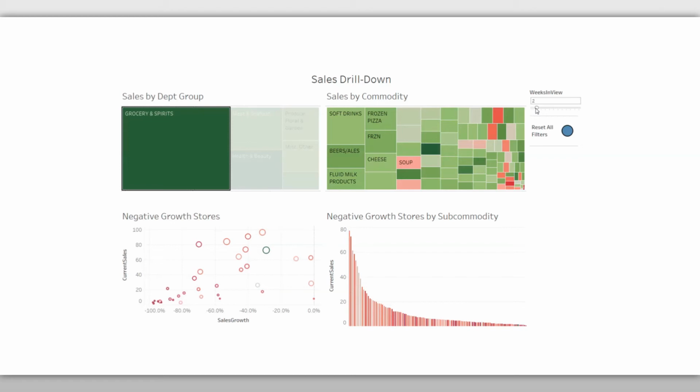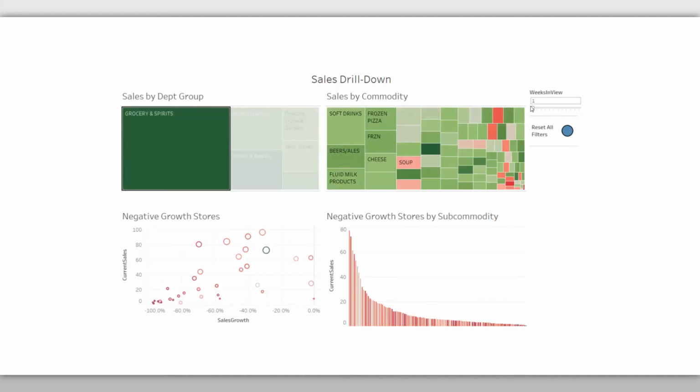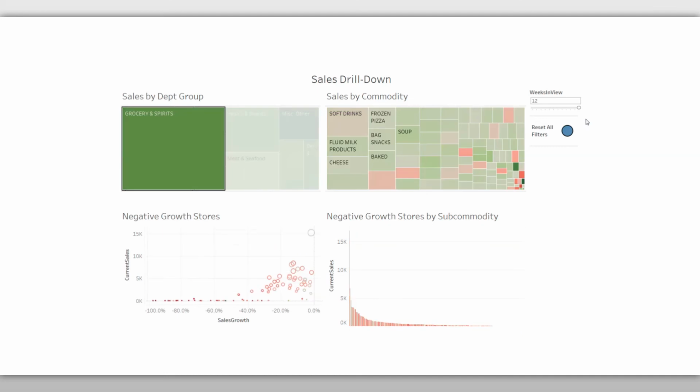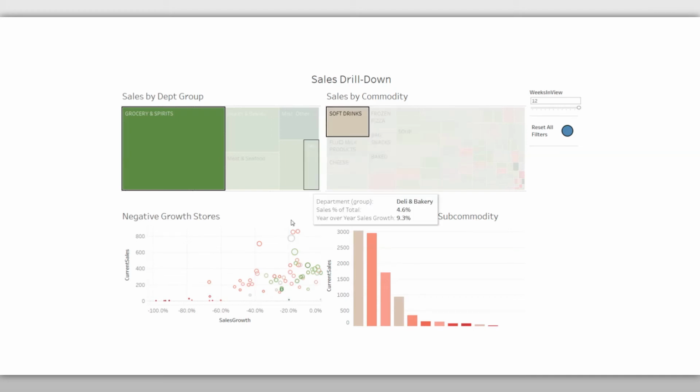Our 4-week pattern shows decline in sales, but maybe we've reversed the trend. We look okay over 2 weeks. We look great in the past week. Let's look at the 12-week view. Kind of middling. All right, so we'll take soft drinks and we'll filter on that, and we'll see which stores